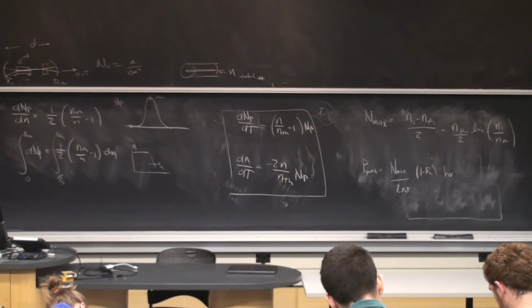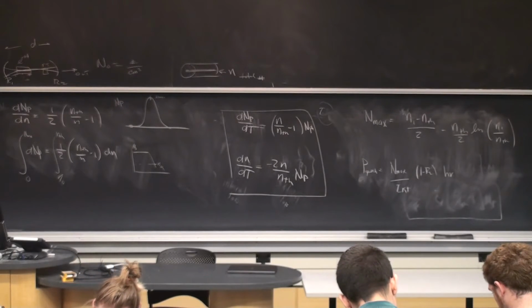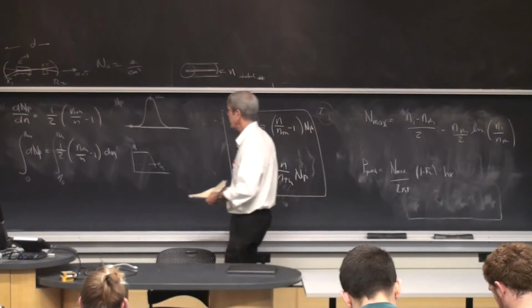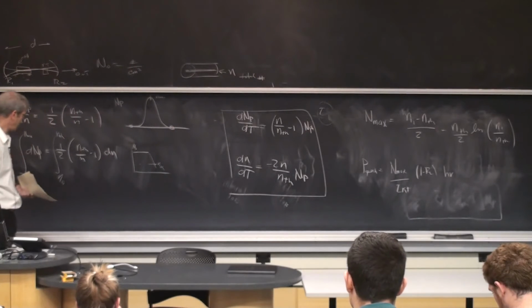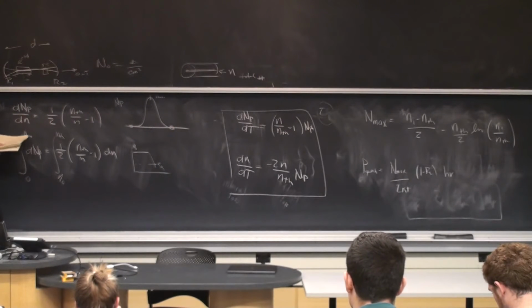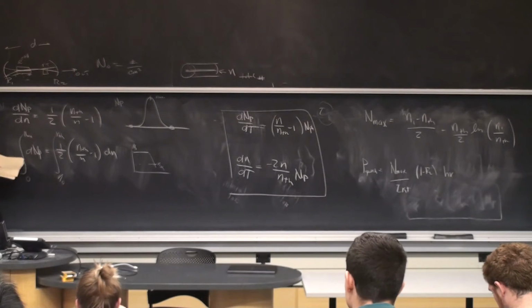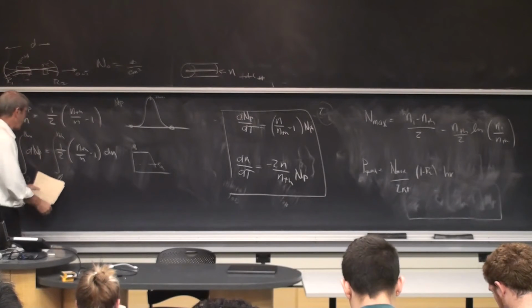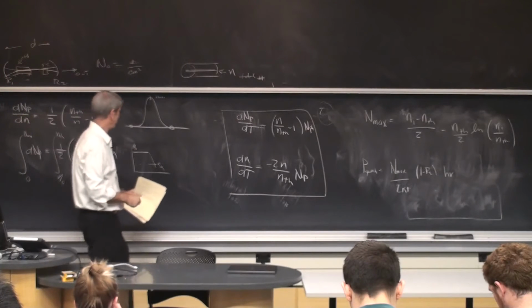All right, so we play with these math equations. We can fool around with that. A more interesting question is, how much of the inversion is left after the pulse? So I'm going to do the same trick. I'm going to look at this equation and integrate from here to here, which seems kind of weird. So I can integrate from 0 to 0, and that's going to give me 0 on this side. And I'm going to integrate from n naught to n final here. And so what you get when you do that is